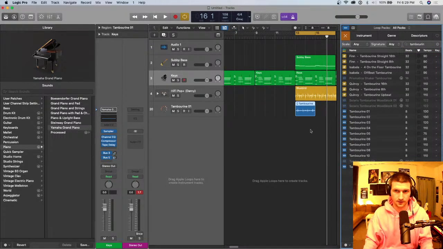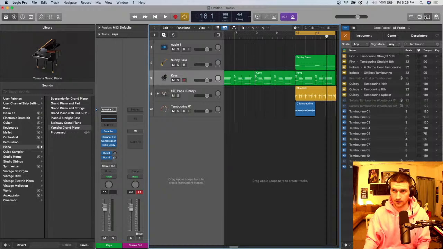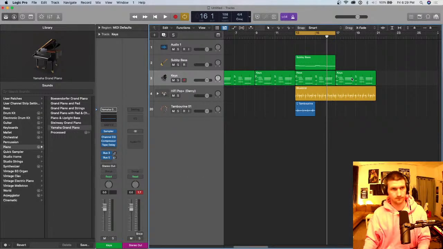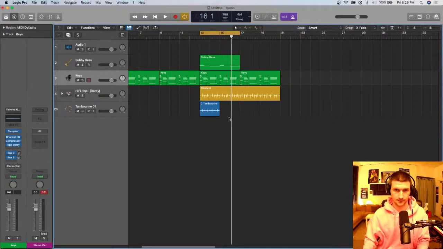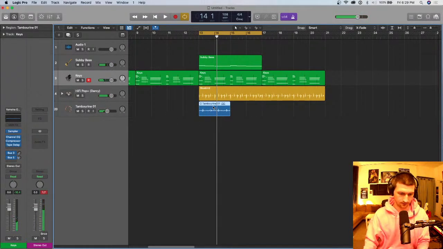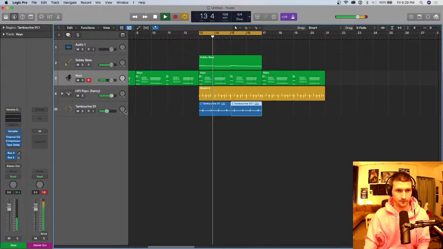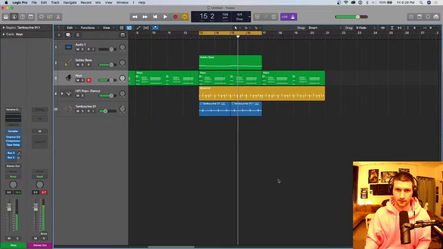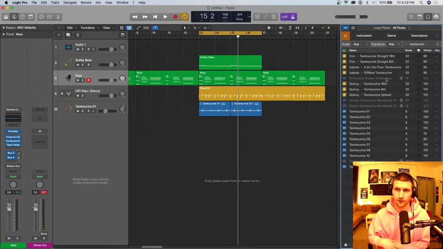It's just going to be automatically in time because it's a Logic thing. Press Y to get rid of the library. Some space here. Now we have a tambourine. Press Command R to duplicate that. So again, there are tons of Apple Loops here if you feel